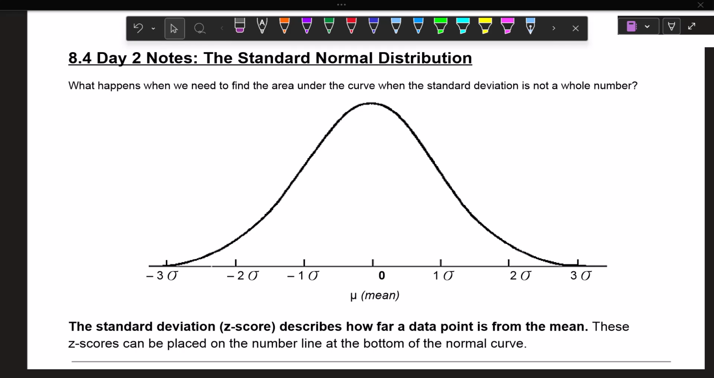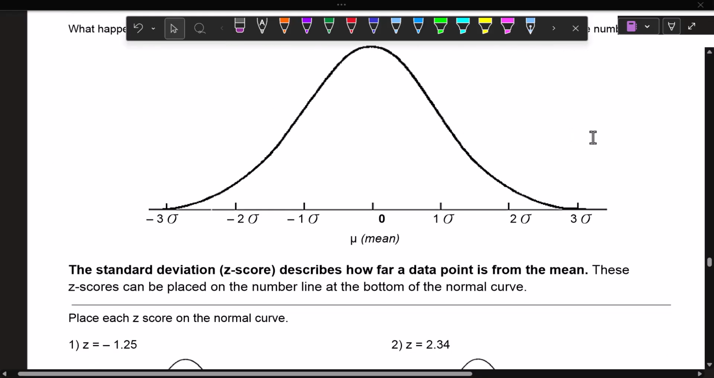All right, let's take a look at 8.4, day 2 notes, the standard normal distribution. We talked about normal distributions before and with the empirical rule. Now we're going to talk about numbers that don't fall in the empirical rule, that aren't whole number standard deviations